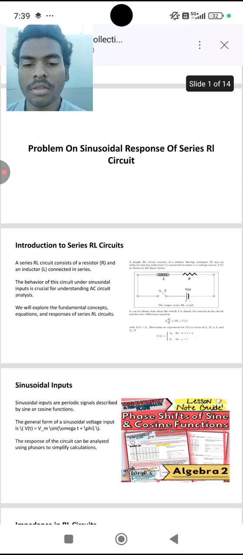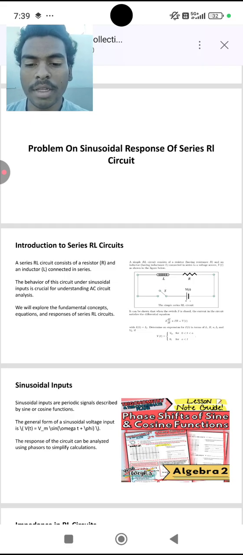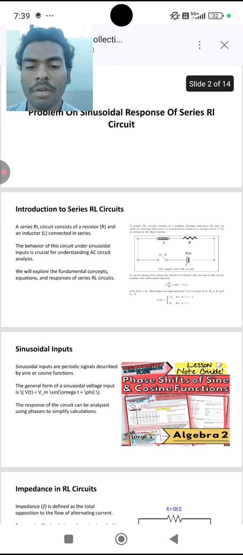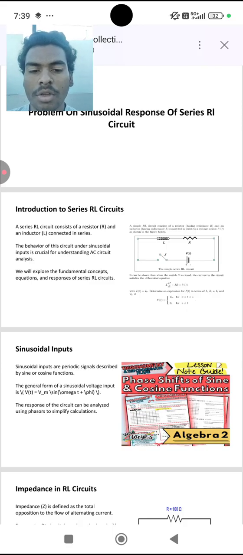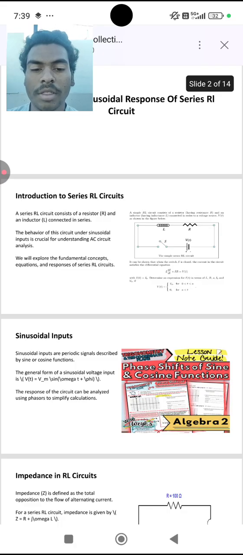A series RL circuit consists of a resistor R and an inductor L connected in series. The behavior of a circuit under sinusoidal input is crucial for understanding AC circuit analysis. So we all know that the resistor is the opposition to the flow of current and the inductor is the energy stored in electromotive force. We will explore the fundamental concepts, equations and response of the series RL circuit. So here we can see the equation L di/dt plus iR is equal to